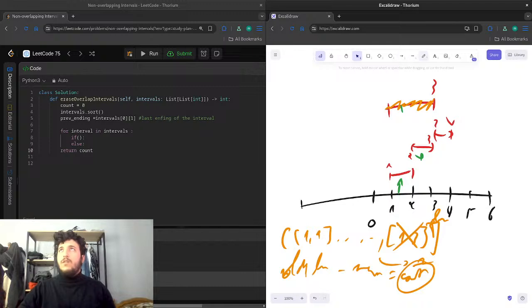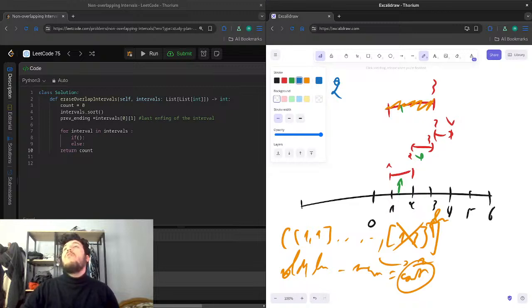The previous ending will be 2. Now, if it's lower than intervals of 0, my first, if it's lower than interval of i,